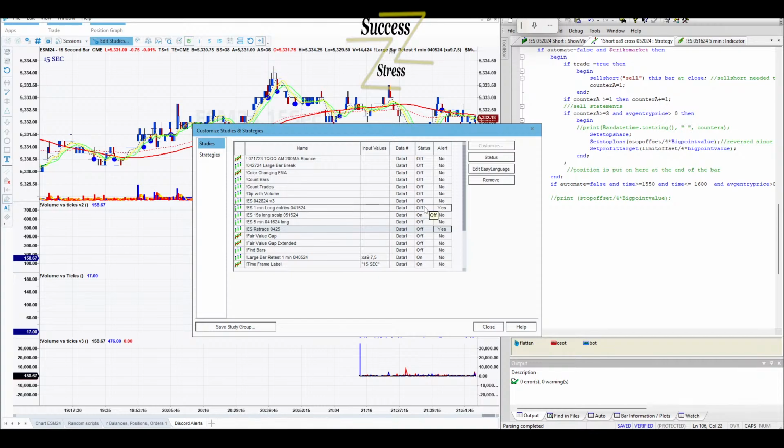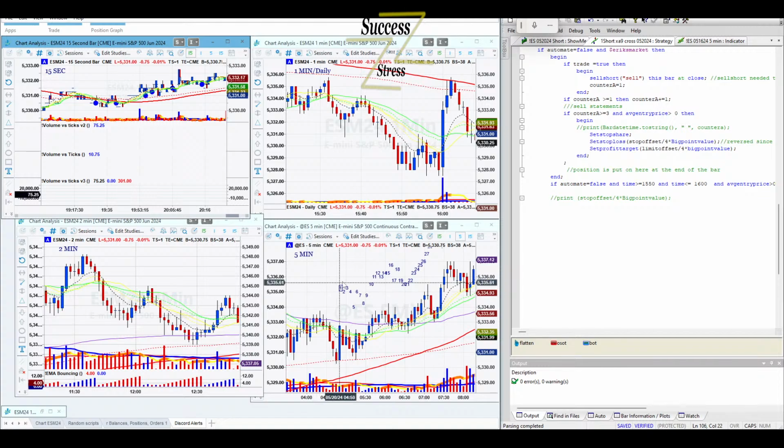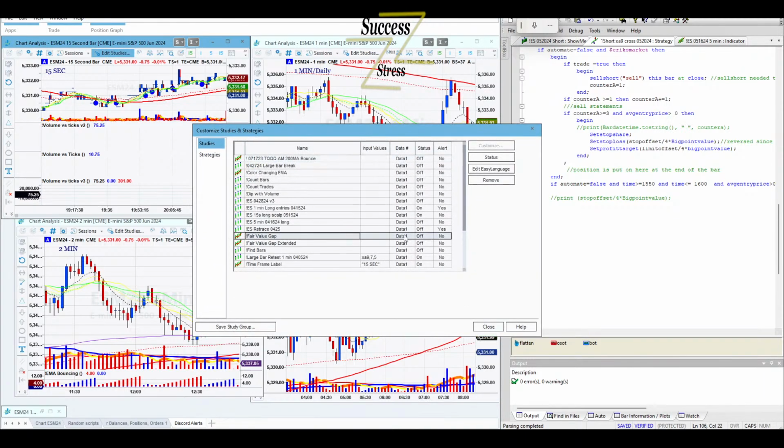So even though the alert is on, the study is off. So we don't have any other ones on. Now if we take this and hit status and turn this on, and hit close, now we have the blue A, right? So that's an easy way, when you have multiple charts going on, to see, all right, I have alerts on here, I have alerts on all these. Now, actually, I need to turn alerts off that because I don't know if that's a good study to have alerts on with.